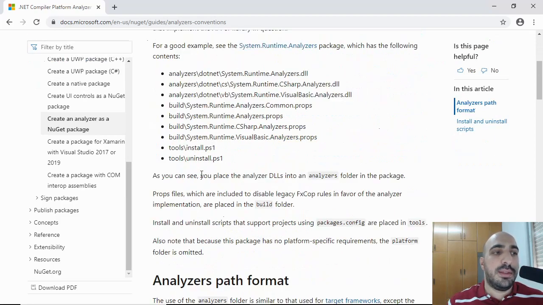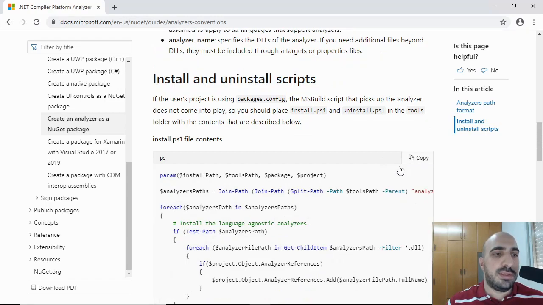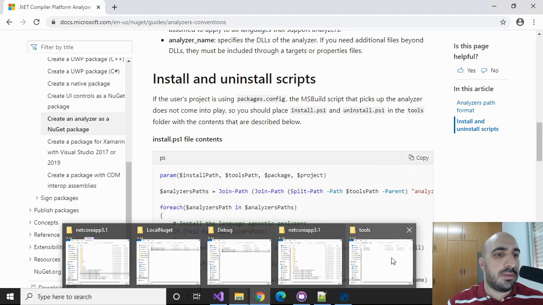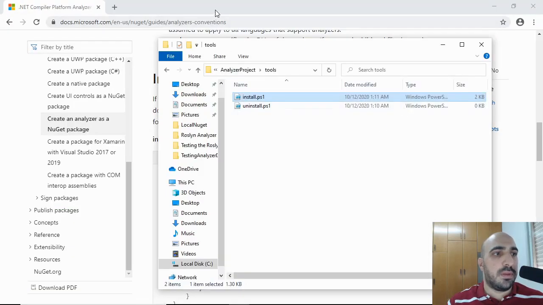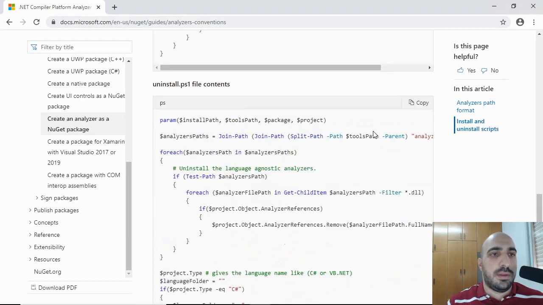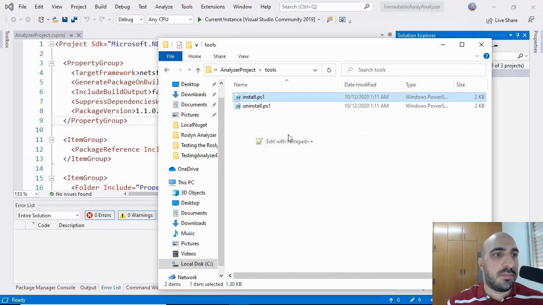And from here we can get the scripts that we should put inside the install and the uninstall scripts. So here's the content for the install script. And here's the one for the uninstall script.